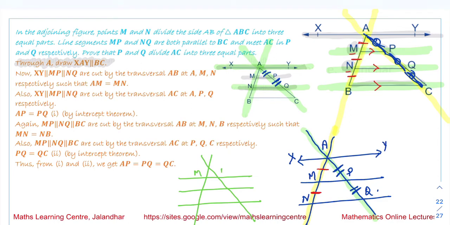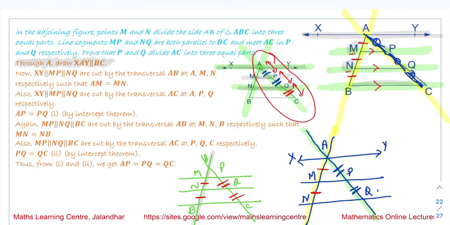This point is MP, NQ, and BC. This point is A. So for these three lines, this is the transversal over here, and it is given that these two lengths are equal to each other. Then by the intercept theorem, PQ is equal to QC. So PQ is equal to QC. In the main figure we are drawing this. So from this, what we get is that all these three, AP, PQ and QC,